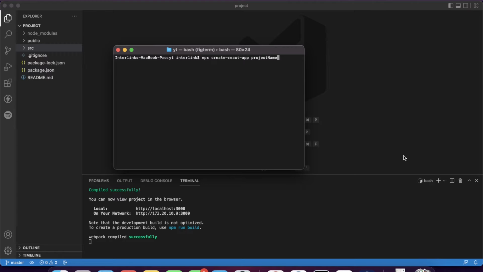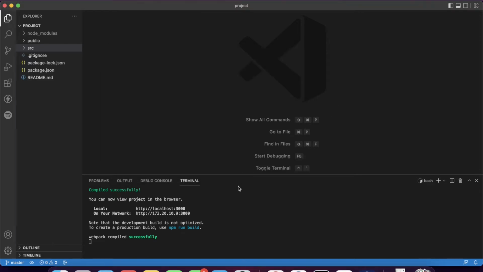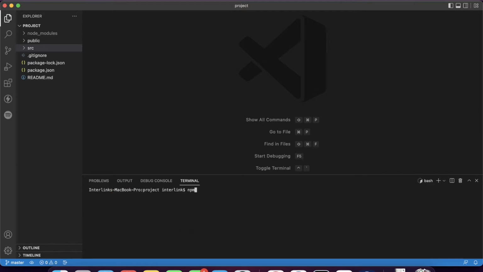Okay, so I have the React app generated, but if you guys want to generate it for yourself, you need to make sure of one thing, that you have Node.js installed on your machines. And if you have that, you can just run this command on the directory that you want to install that project and press enter. It will create that project. So that's how you guys can create a React app. But as I have it already generated, I've run it also using the npm start command as well.